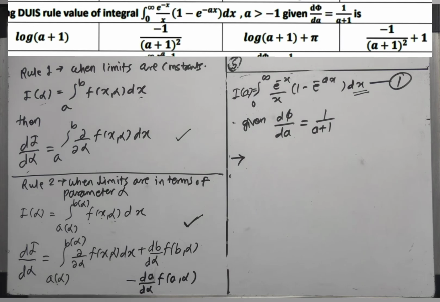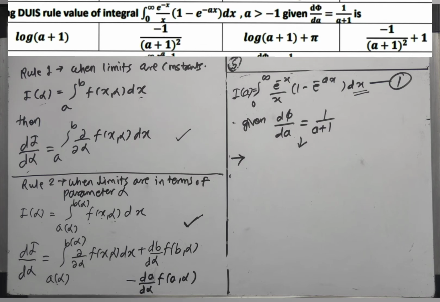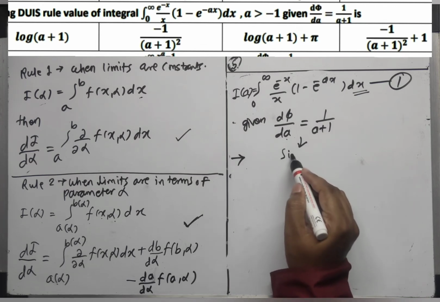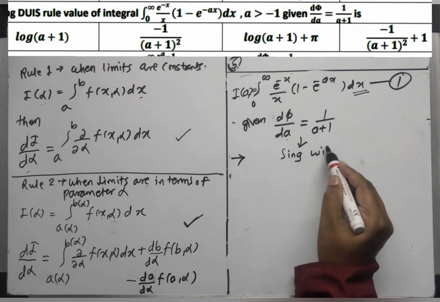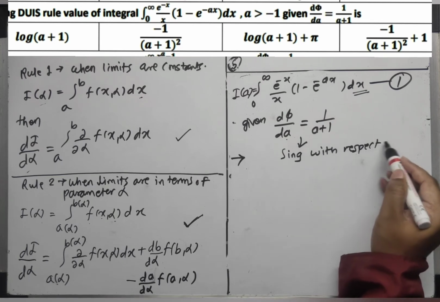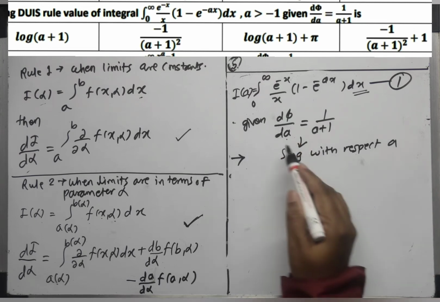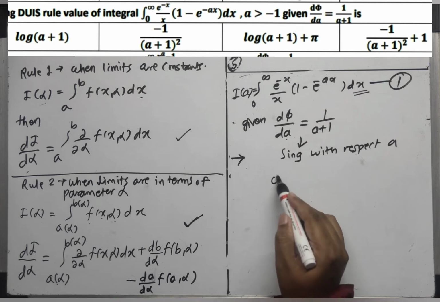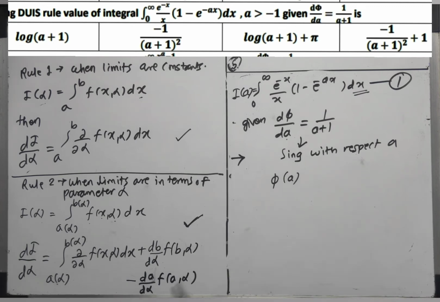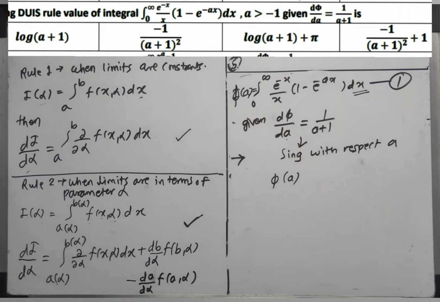So in this type you consider this derivative and take the integration of this derivative with respect to a. So integrating the derivative of phi with respect to a, if I integrate with respect to a, the derivative and integration cancel each other. What remains? Only phi. And phi is nothing but what? Phi of a. Okay, they have used the notation phi. Let us use the notation phi instead of I.